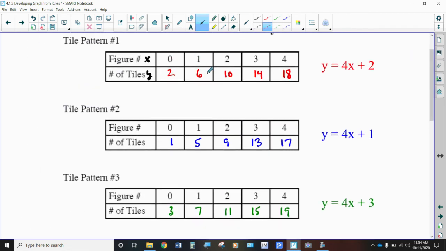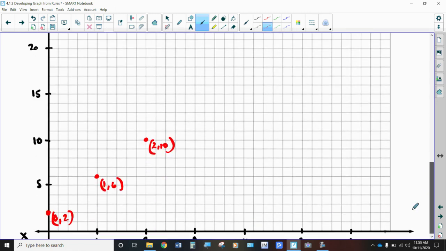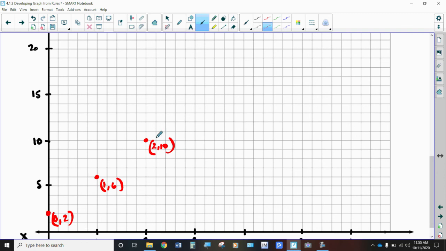0, 2, 1, 6, 2, 10. The next one's going to be 3, 14, and so forth. So essentially what I'm doing here is identifying what the growth rate is, and I'm just plotting points in without even referencing my rule or my table. You can do that. So 1, 2, 3, 4, 5, that's 1, right? From 2 to 3, and then 1, 2, 3, 4, and this point is 3, 14, and the next one,